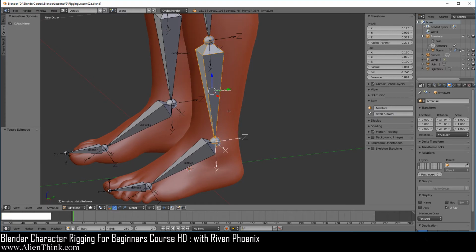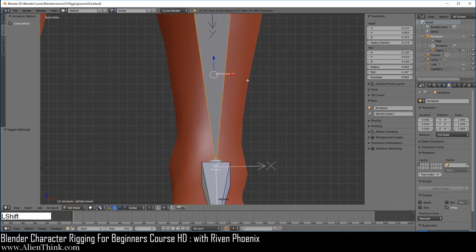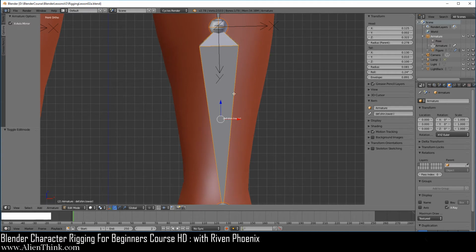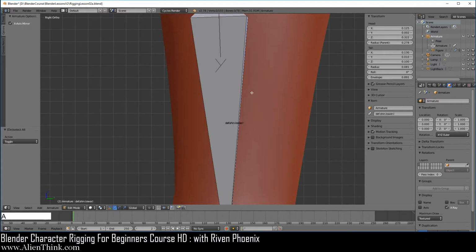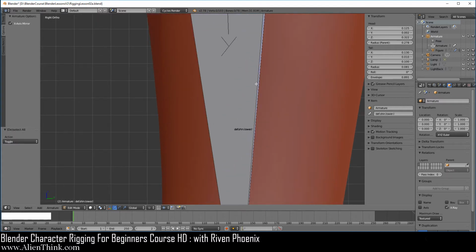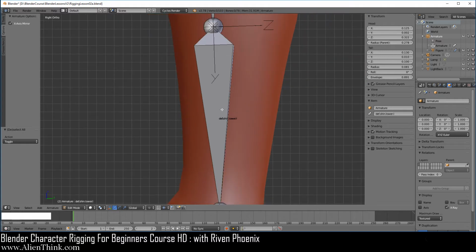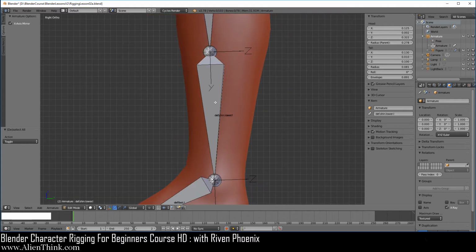So what this means is if you press the 1 key over here and take a look at this bone, see how this bone from the front view is aligned nicely, and if we press the 3 key, it's aligned nicely. So if you come over here and type in 0, you'll notice that if I press the A key to deselect, it's not aligned nicely, but it's not going to break this bone rig system on the leg just because it's not at that exact alignment, right?